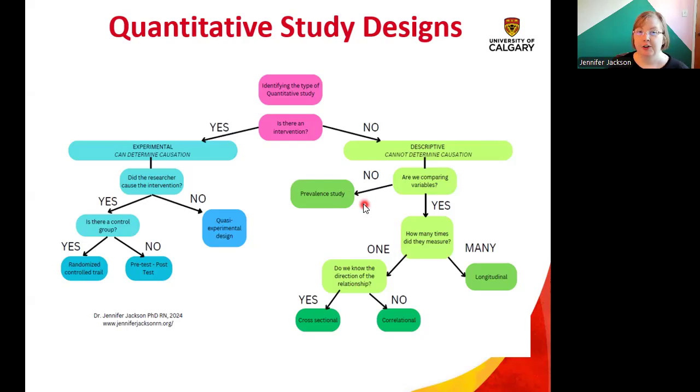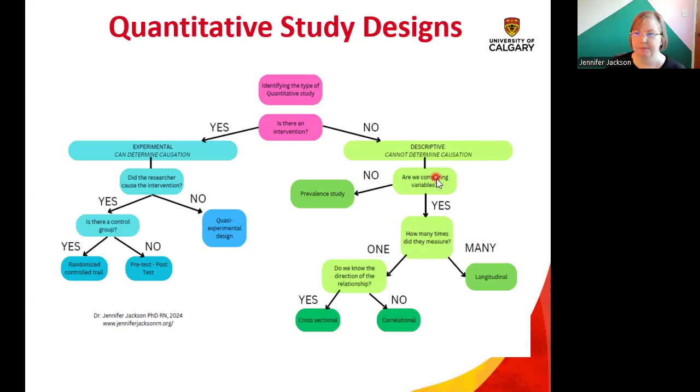We can also look at, how many people in Calgary had measles, how many people in Calgary had measles 50 years ago. So we're looking at what we would call the burden of disease within a population. So how much measles is in this specific group that we're measuring. So prevalence studies, you see a lot of this in epidemiology, infectious disease, and they're monitoring over time how much of this thing is there. And so you can look at, is there a difference in measles rates between men and women? So there are nuances there, but generally the point of a prevalence study is to look at the burden of